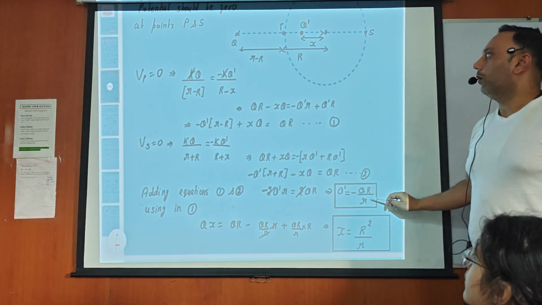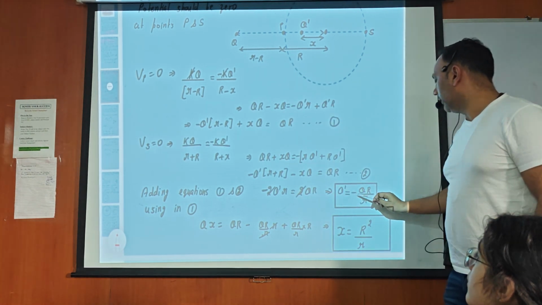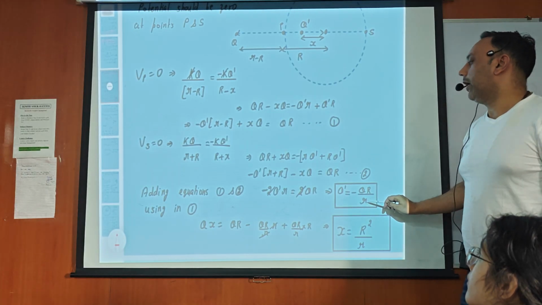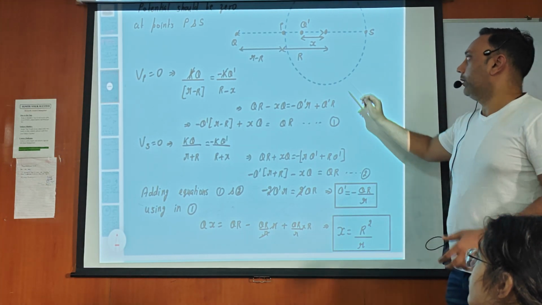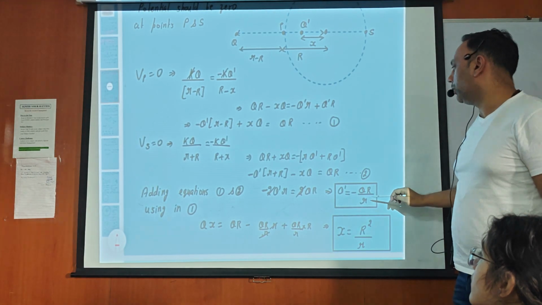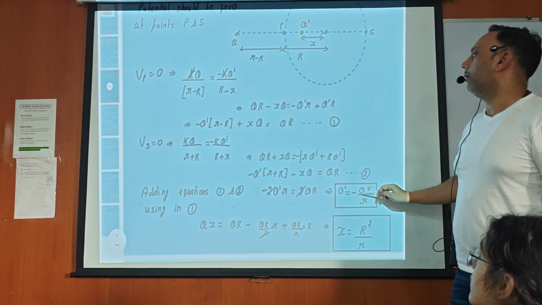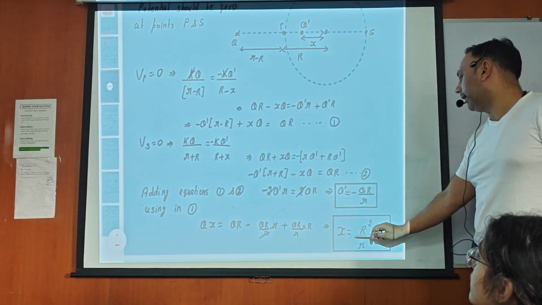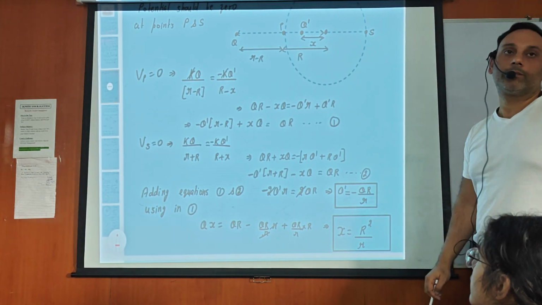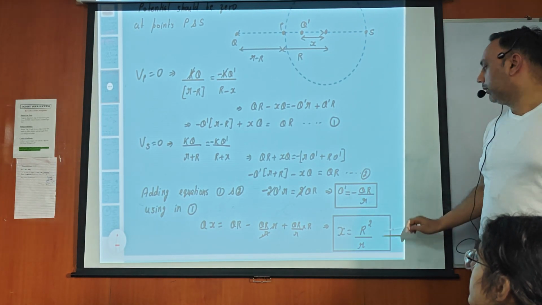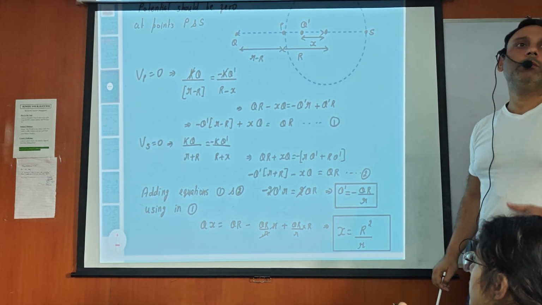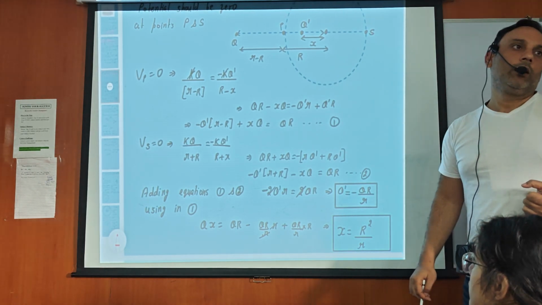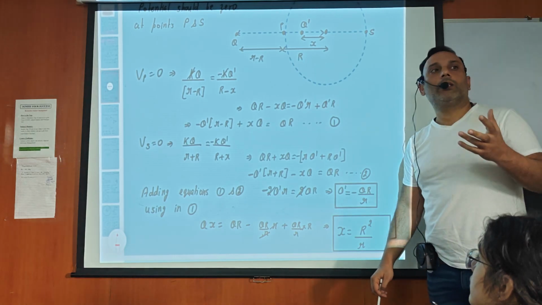So the mirror image of this charge q is minus q capital R by small r, and where it should be placed, this x distance also we can find after substituting the value of q dash in equation 1. So what we can write, we can find x also. I am getting x as capital R square by small r, right? So I am getting these finite values. There can be some situations when you are getting, beta, some infinite values like that.